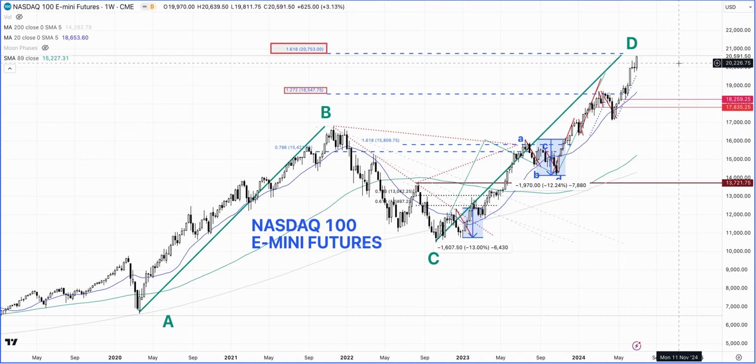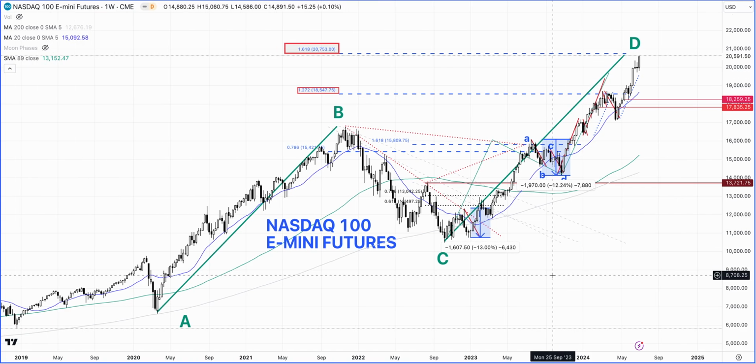So it's completing that pattern, and it'll be really interesting to see what the price action will look like. Now this market is a leader. The other markets are a little bit behind. Maybe they will have to play catch up. So there's one chance that this market will remain very strong and move much higher.